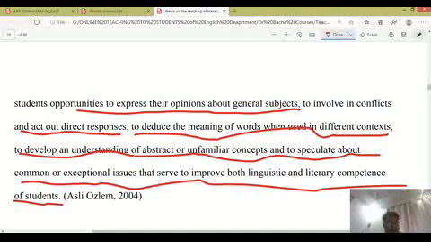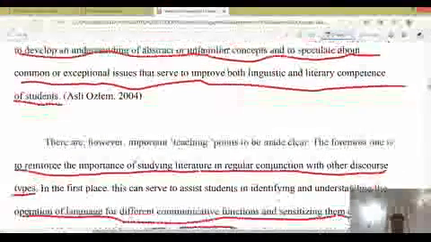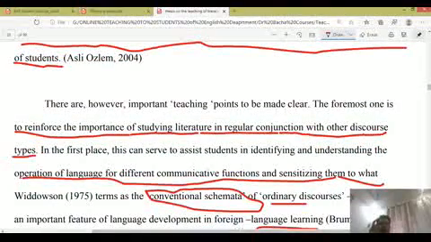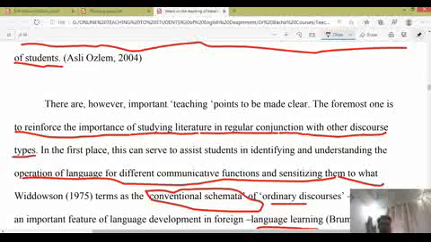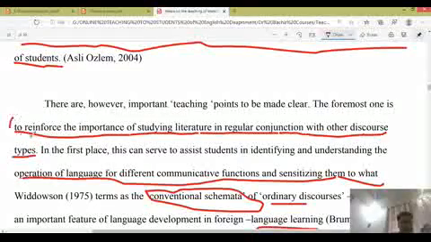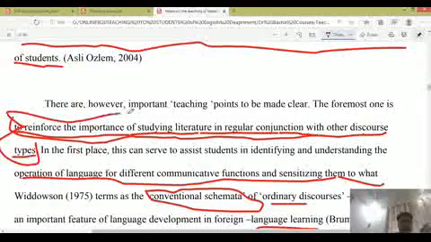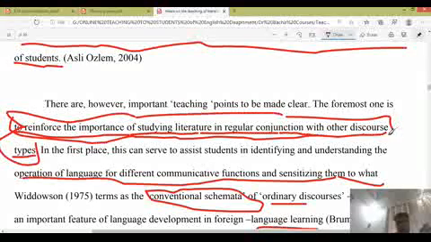So, to develop the understanding of abstract or unfamiliar concepts, and to speculate about common or exceptional issues that serve to improve both the linguistic and literary competence of students. So this person has said that there are, however, important teaching points to be made clear. The foremost one, number one, is to reinforce the importance of studying literature in regular conjunction with other discourse types. A good teacher of literature has to, right from day one,